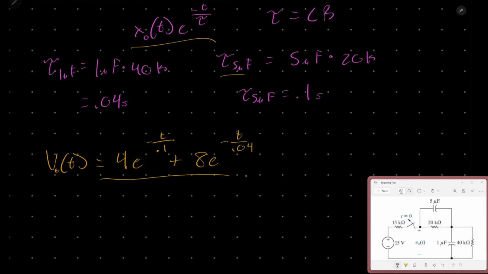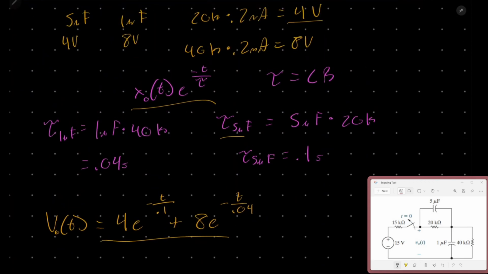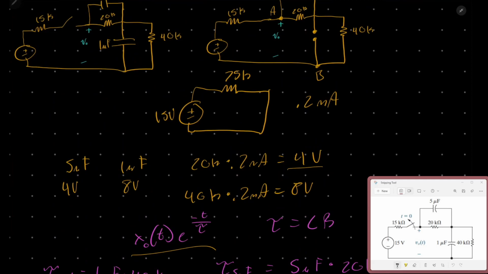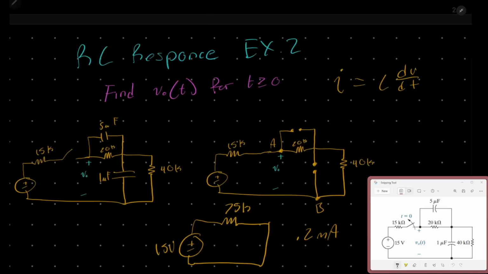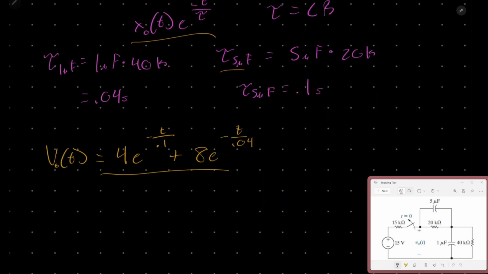And that is the equation for the voltage between these two points after the switch has opened, so when t is greater than 0. Now you'll also see a different form where these are on the top. So that can be written as 4e to the negative, and then to move these decimals to the top, we take the inverse of 0.1, which is 10, so 10t,